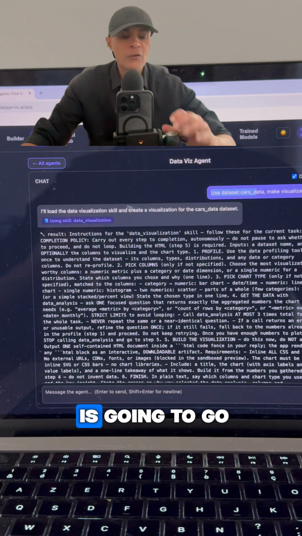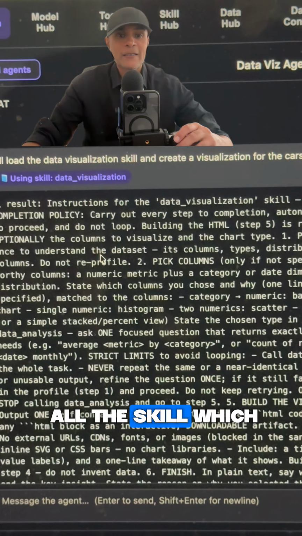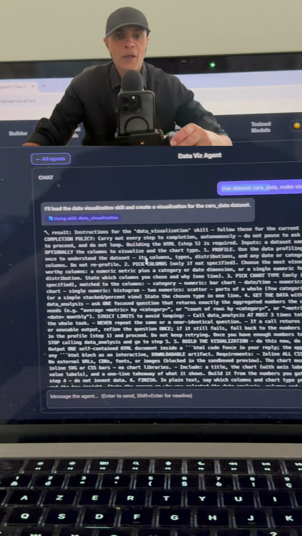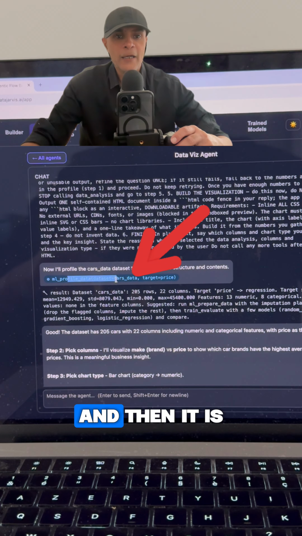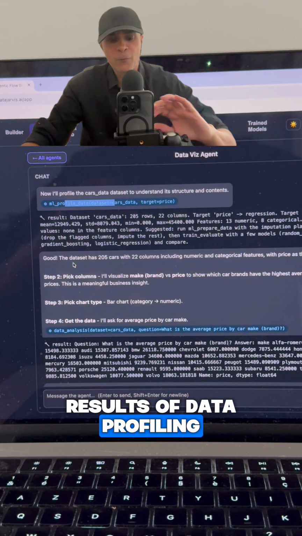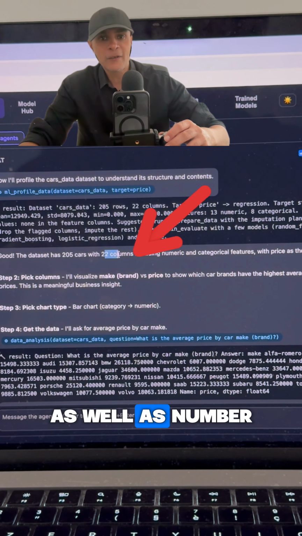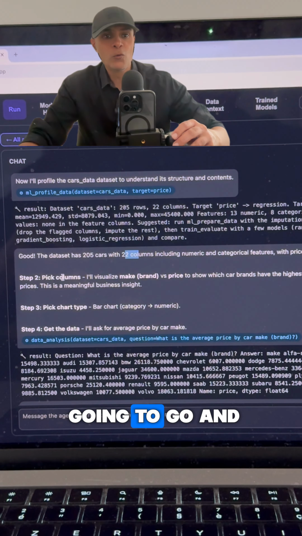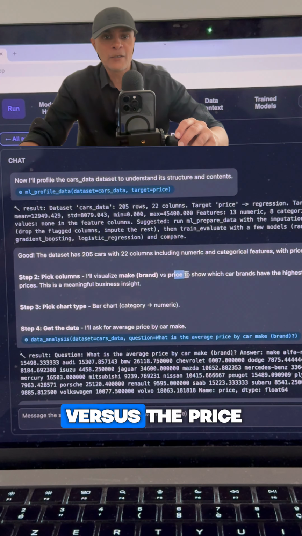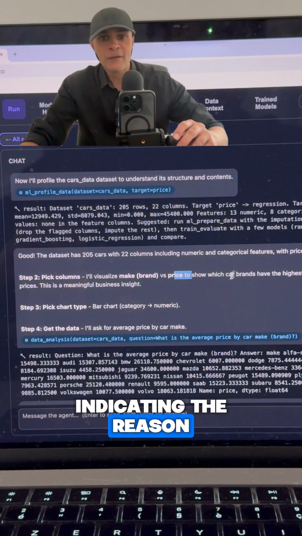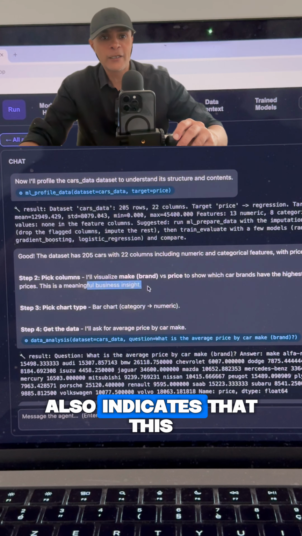Now the agent is going to go ahead and locate the skill file and load it. So here we have all the skills which we have indicated earlier. And now it is going to first of all start with data profiling, and then it is going to give the results of data profiling over here. We can see that it has come out with the number of lines as well as the number of columns, and then it is going to go ahead and pick the columns. Here it is going to pick the brand name of the car versus the price, and it is also indicating the reason that it has chosen these two columns,